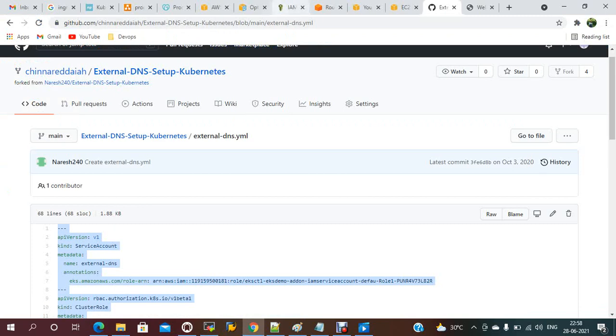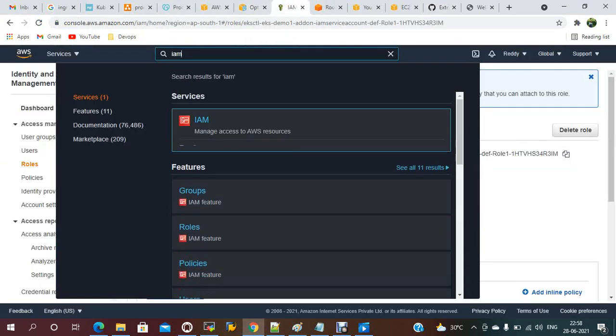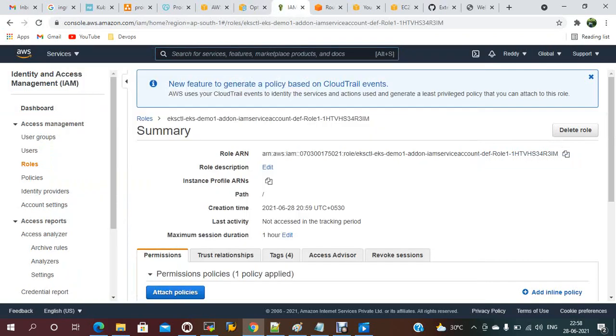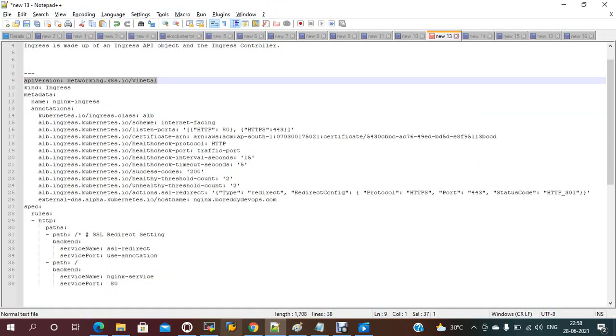We already created external DNS, right? That external DNS one we need to add here, the role ARN. You just need to take this one and update it here.